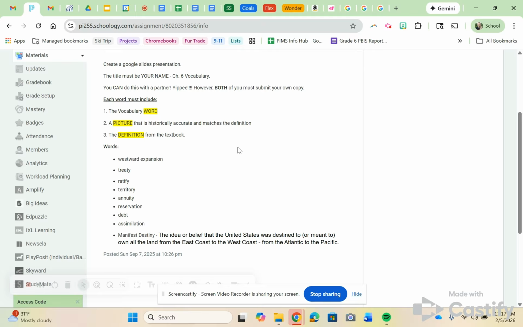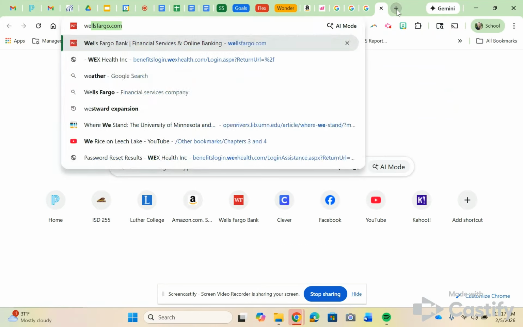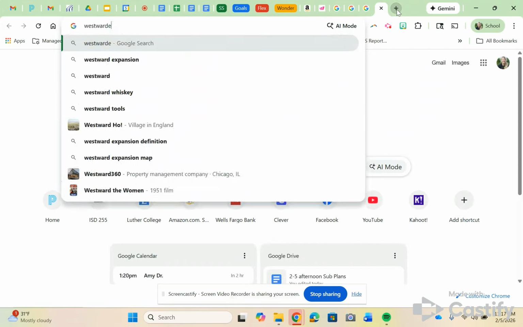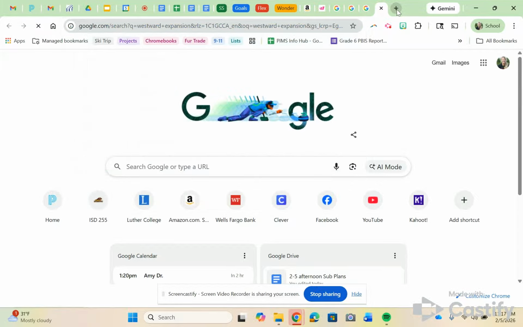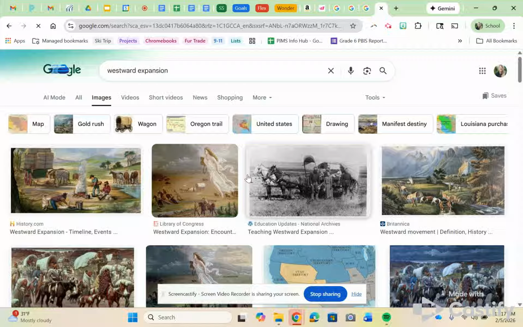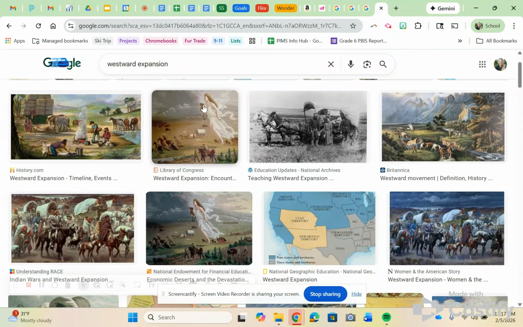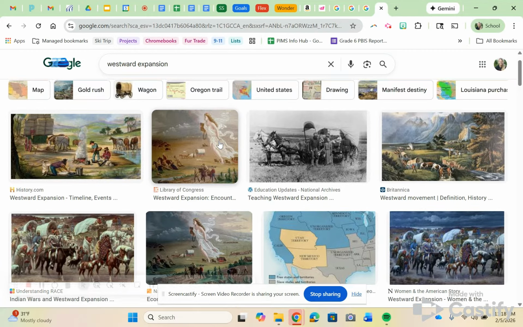Now, when you are looking for pictures for these words, I'm going to show you just a few examples. Let's say you are looking for the word westward expansion, okay? So if you search westward expansion, you will see, sorry, my typing isn't great right now, and you click images, okay, you're going to see a bunch of pictures that look like this. If you see one that has an angel kind of spirit on that one, that actually is your picture for